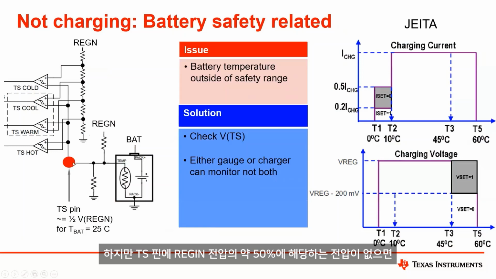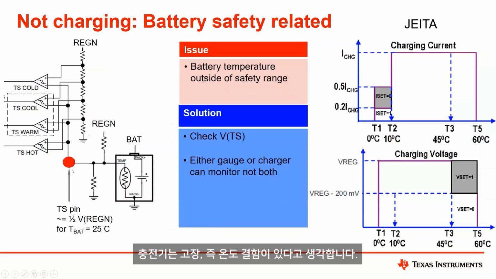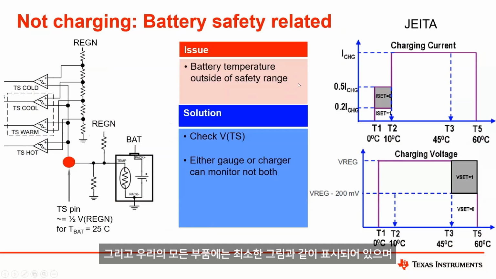But if you don't have a voltage that is roughly 50% of the REGN voltage at the TS pin, then the charger thinks that there is a fault, a temperature fault. In other words, the battery is either too hot or too cold. And all of our parts have, at a minimum, as shown,